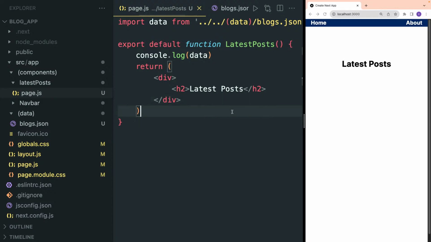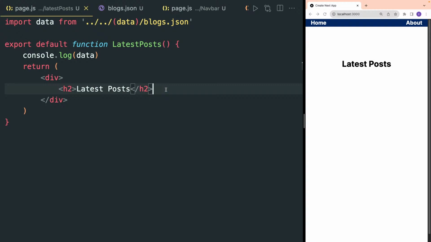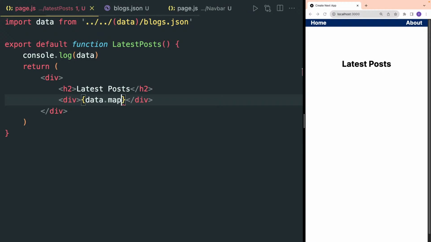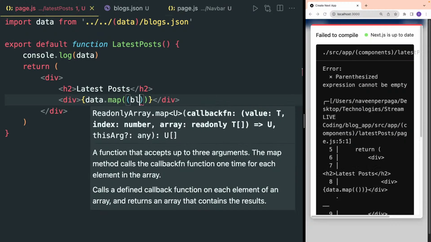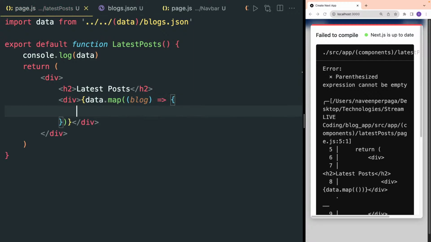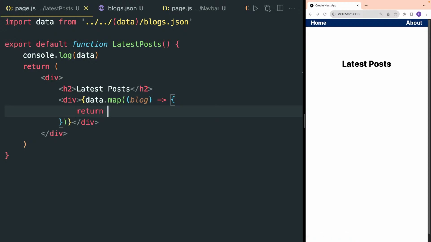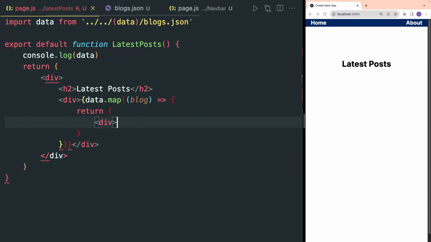So now inside the div, okay, so I'm going to iterate over our data dot map. We usually use data map. Inside this there is a blog, and inside the blog I will going to return another div,